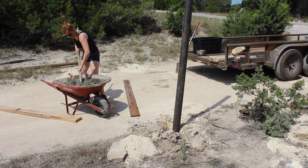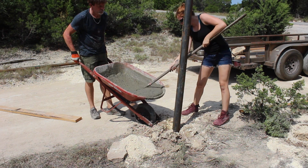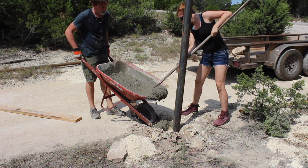Since I live on solid rock, I had to hire a contractor with a rock auger bit to come and punch these holes. 8 holes total. These holes go about 30 inches deep and there are 4 posts at each gate location. 2 for the main post and then 2 for sub-posts that will support the main post that the gate is